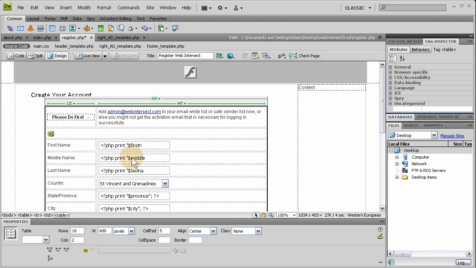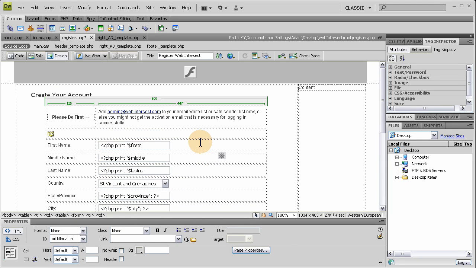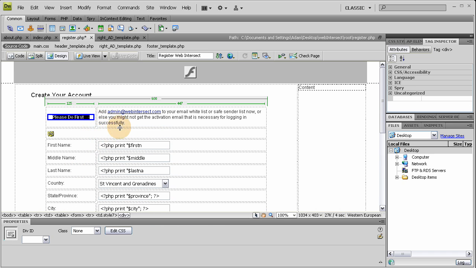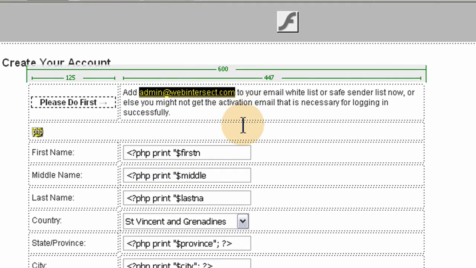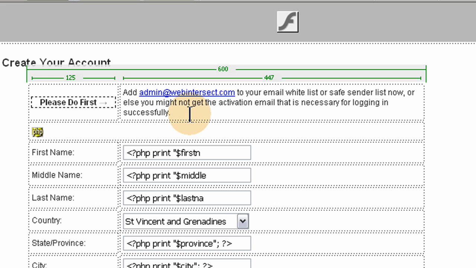I have an HTML table with 600 width, cell padding of 5, and it's 18 rows and 2 columns. The second column here is for the fields, and the first column is for the labels. And I put a little note up top for everybody to add my admin email for the website to their address book, and that way, since we're a site that is just starting out, some of these people might have